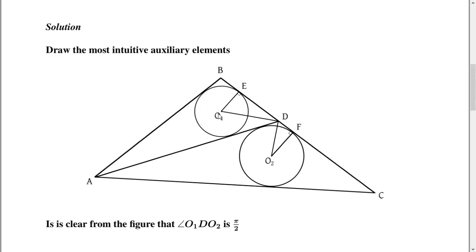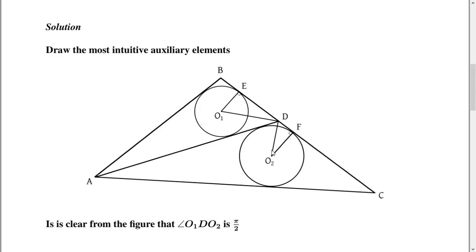Here you can clearly see that O1DO2 has to be 90 degrees. Why? O2D bisects this angle ADC. Why? Because AD and DC are both tangents drawn from the same point to a circle. And so the line joining the radius and the point bisects the angle ADC, which is quite easy to prove,